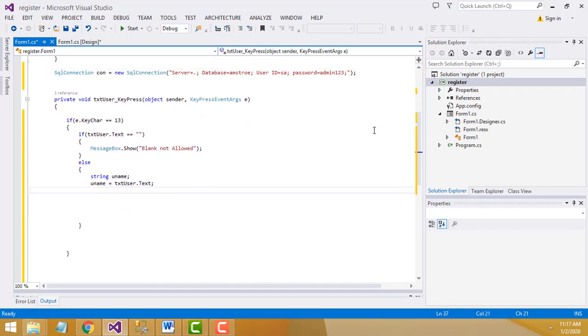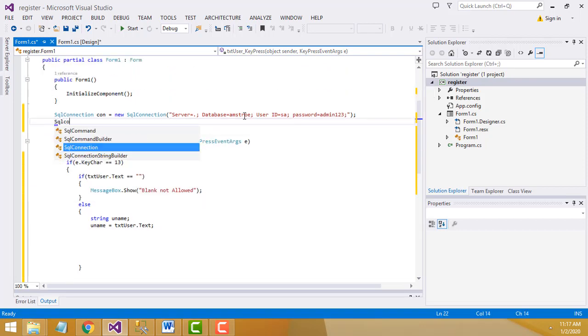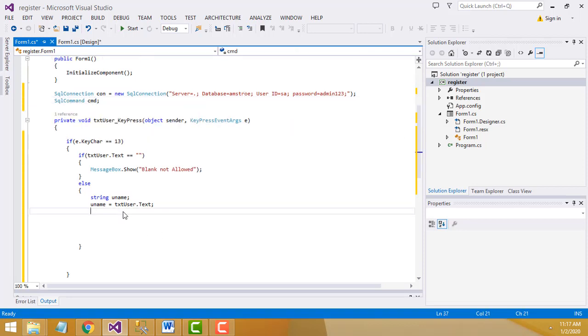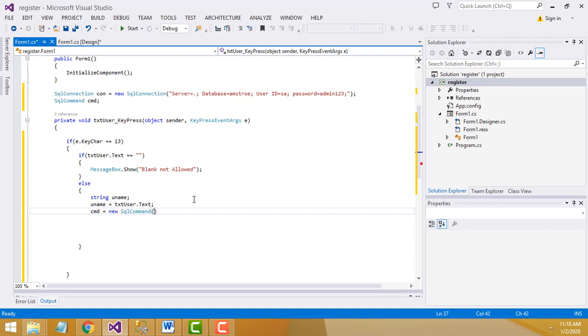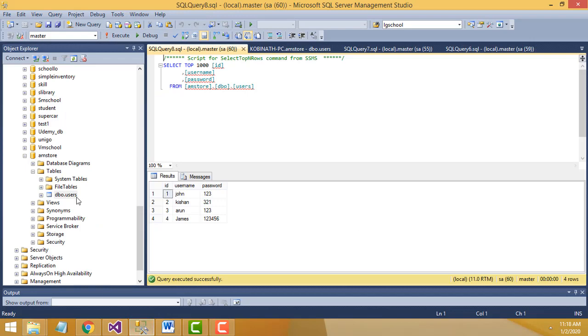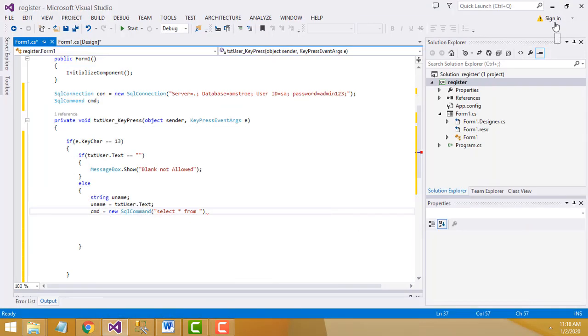After that, you have to check the database table, right? First, you have to write a SQL command here. SqlCommand cmd. So you have to write cmd equal new SqlCommand. You have to write here, first you have to check, select all from which table you are going to check, the users table. So you write users table, right? Where